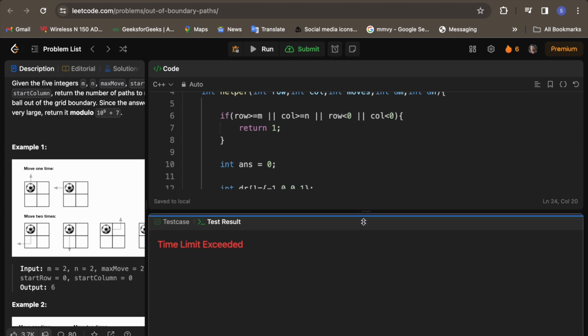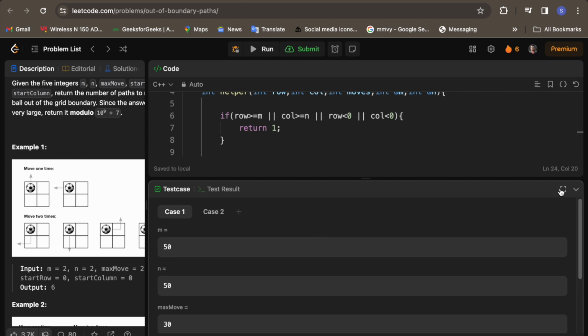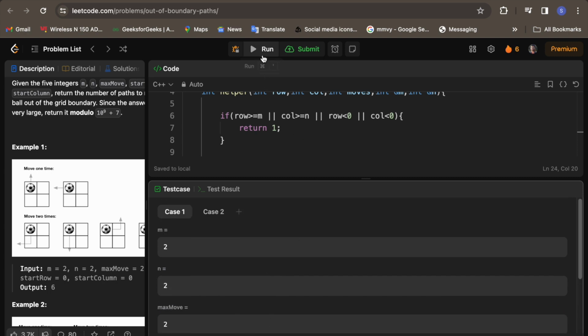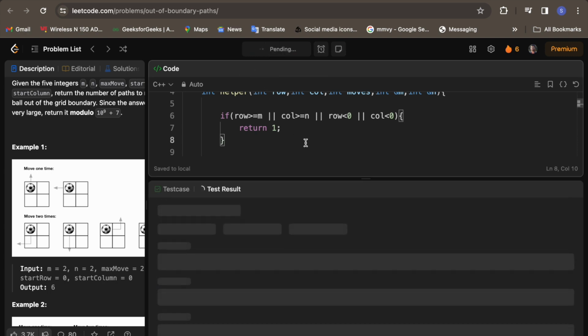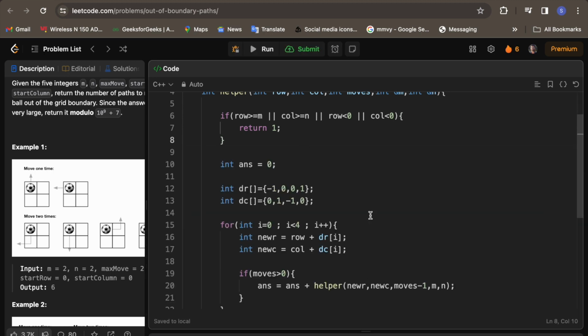Okay, so we have got a time limit exceeded error. Let me just reset the test cases. I was actually doing some tests. So how do I reset? Yeah, so I reset the test cases. Now let's see. Okay, so it works fine, right? Now